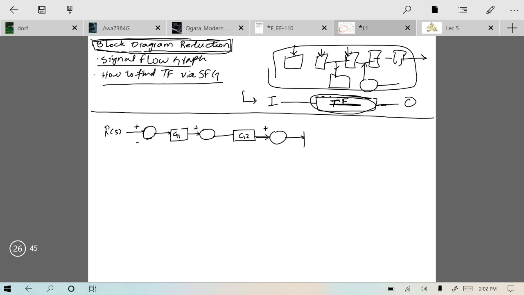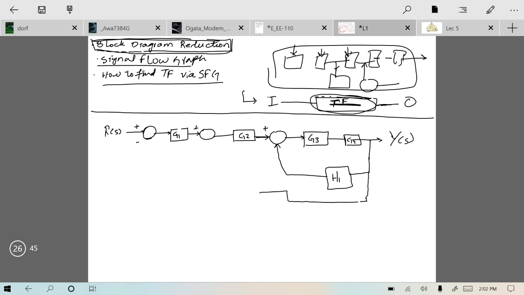Then there is another block G3, and then G4, and finally we have output Y of S. Now this Y of S is fed back to the point over here with transfer block H1. This is also fed back